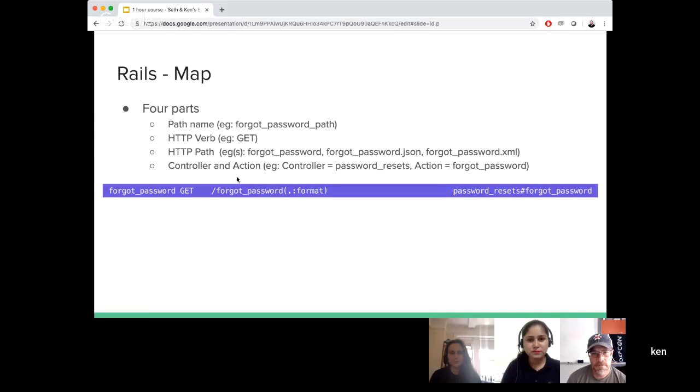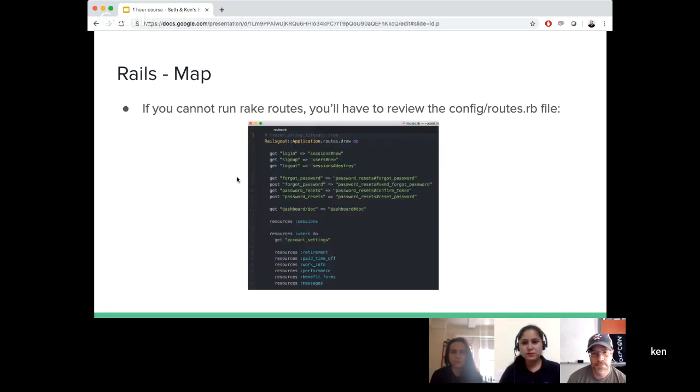To break this down, here you see we have this GET request to /forgot_password. Now we know it's going to app/controllers/password_resets. And within that file, there's a method called forgot_password that's defined. Now you know that you need to look at that specific area for where your logic is getting processed. And again, these slides will be available so you don't have to remember all of it. And if you cannot run rake routes,